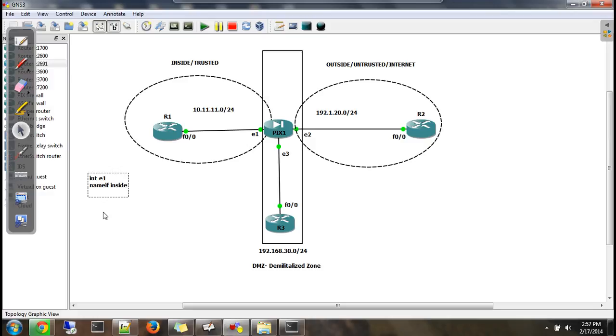Then I'll give IP address as 10.11.11.10 255.255.255.0, and finally no shut and exit. This is for R1.